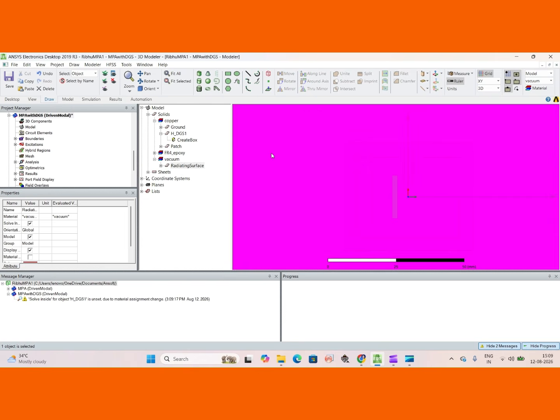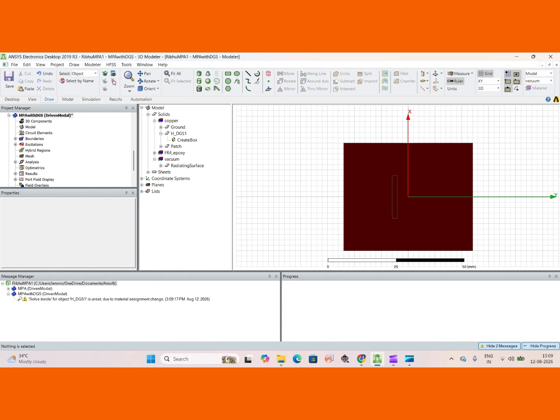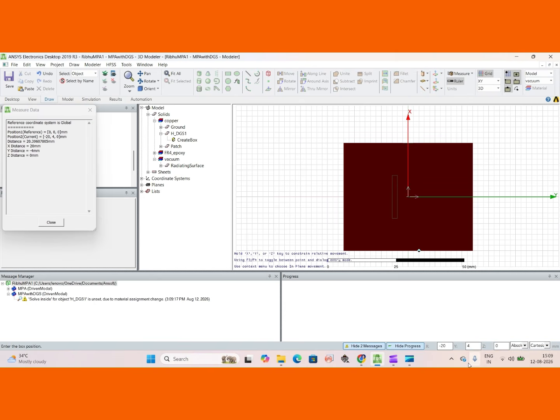So here you can see this is the radiation box. You can hide it. So here you can see one part of this HDGS has been created. Now the second part we will create. Again you draw a box,